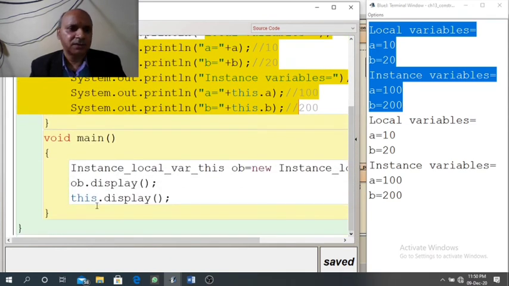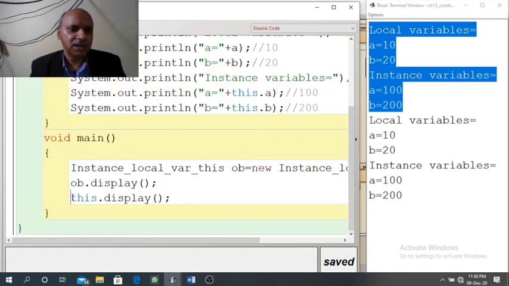Now after that, the second statement, this dot display, this refers to the same object, or the current calling object. So the current object is ob, so writing this dot display is the same as ob dot display. This is the reason the other two statements, that is local variables and instance variables, are printed because of the second line.